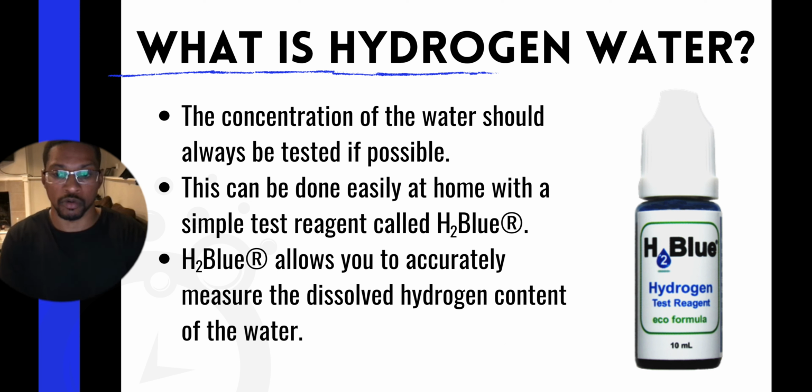You can do that with this simple product called H2 Blue. H2 Blue is a reagent that allows you to easily measure and confirm the content of hydrogen gas within water at home. You can also use it to detect the presence of hydrogen gas within water because, as I said, it's invisible, so you won't be able to see it. So this is what I would say for you to do: you definitely need to use H2 Blue if you can. It's relatively cheap, not very expensive, I think it's like 25 or 30 bucks. You can also find it on Amazon, or go to our website as well. We recommend it.